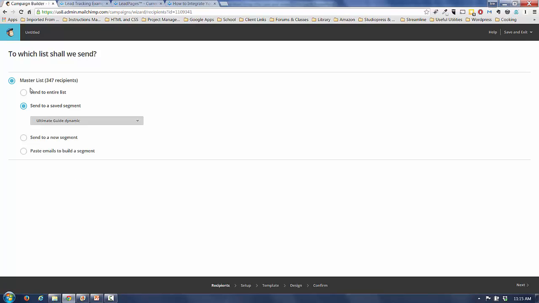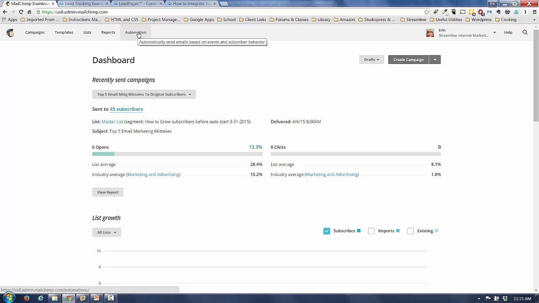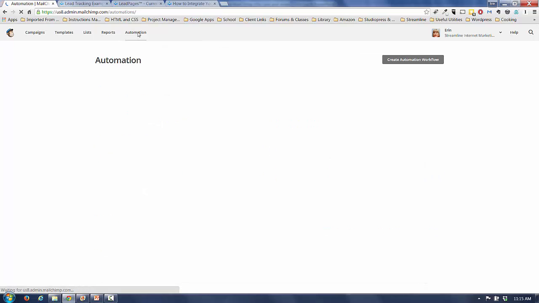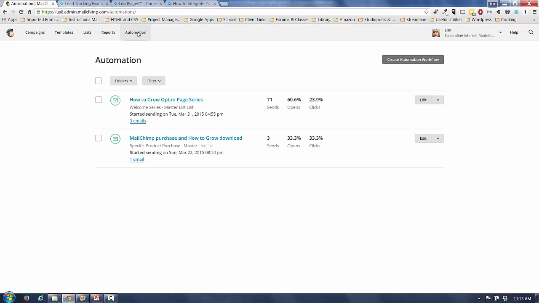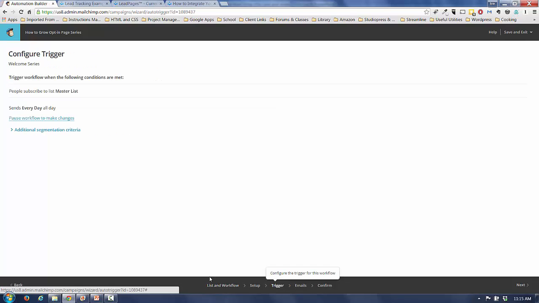And you can also do a similar thing if you're using MailChimp automation, which is the autoresponders, which comes only with the MailChimp paid account. Then you can set up an automation series. And you can set it up so that whenever somebody comes in via that lead page, you start sending them a certain series of emails. And the way you do that is, when you're in the automation series, you click on Trigger,